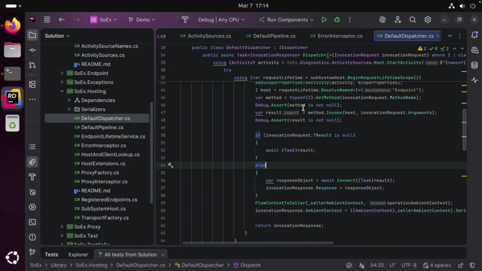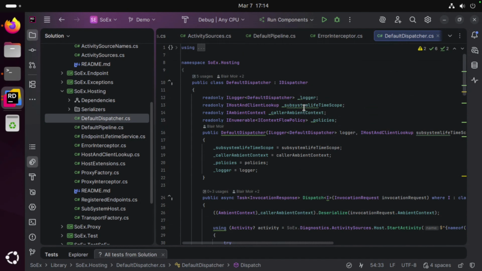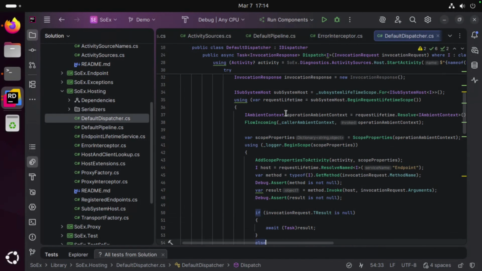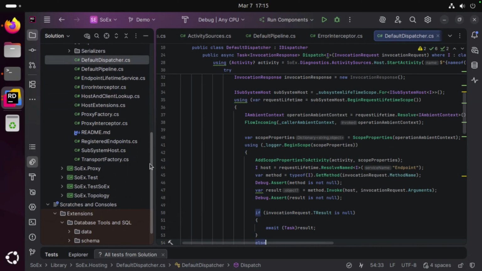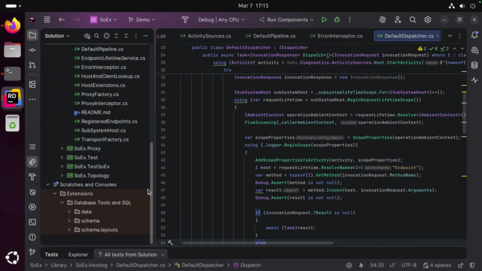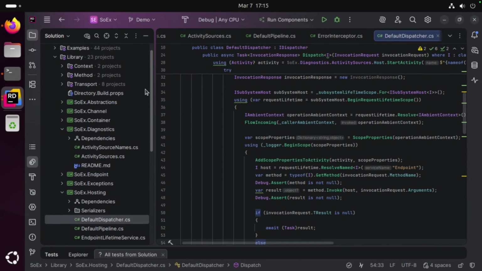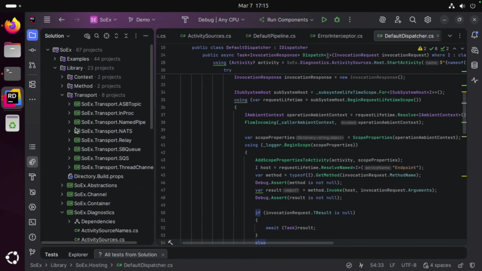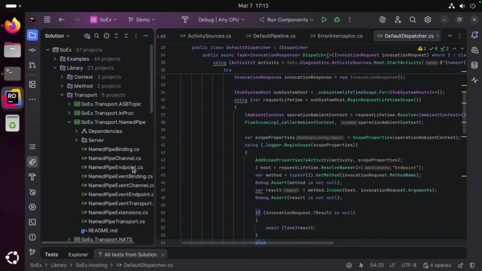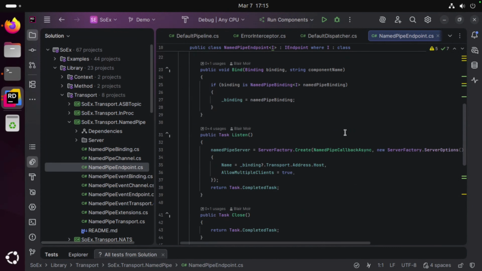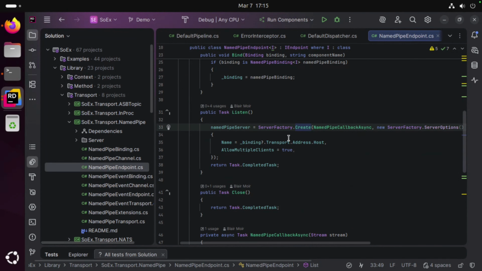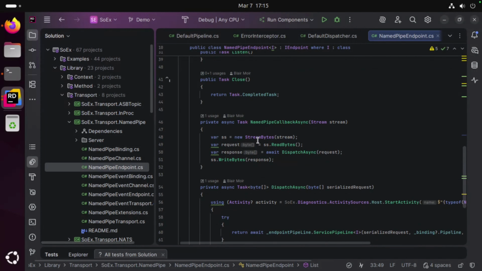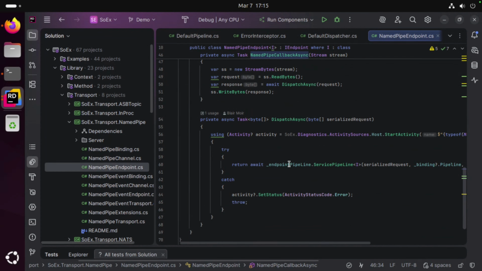So in terms of what happens in here, I think what would probably make more sense before we speak about the dispatcher and how that gets invoked is if we go find one of the transports, and I'll take a look at, say, the named pipe transport and the endpoint here. You'll see that we choose to listen to something, and then we've got our callback that happens. So we get our bytes, and then we call to dispatch,